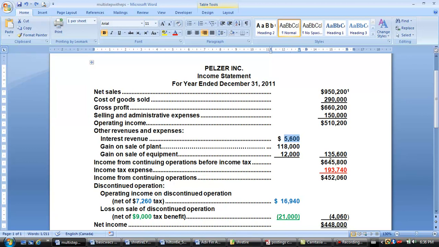Now don't get these two things confused with a discontinued operation. If a company decides they want to sell a plant, they might be selling their building, right? Where they have their manufacturing operation. That's their plant. They may also decide to sell equipment. Sometimes they sell equipment to get new equipment. Sometimes they might sell it to a related company. They can do anything they want, but it doesn't mean they're